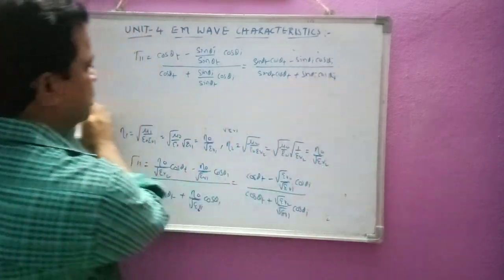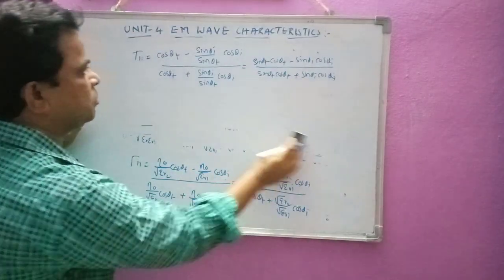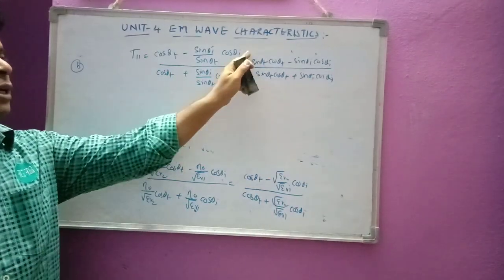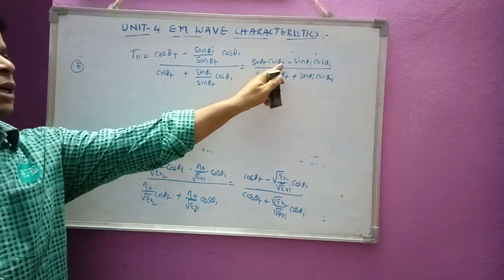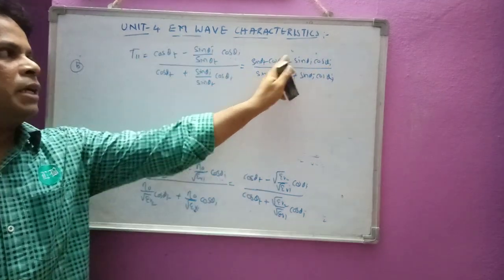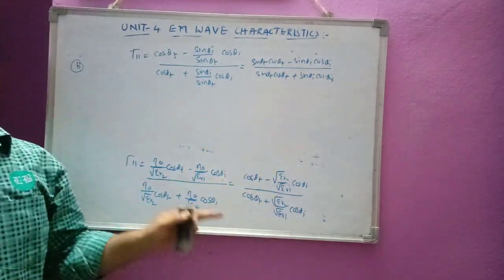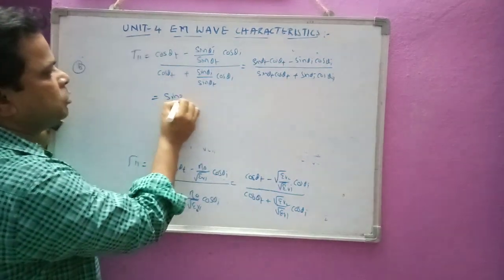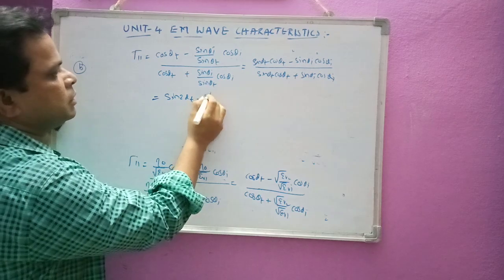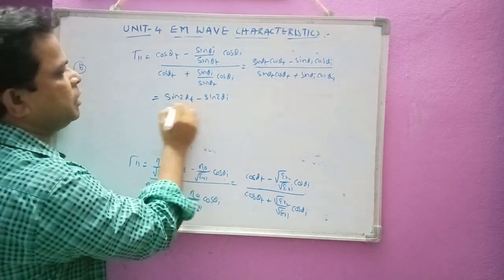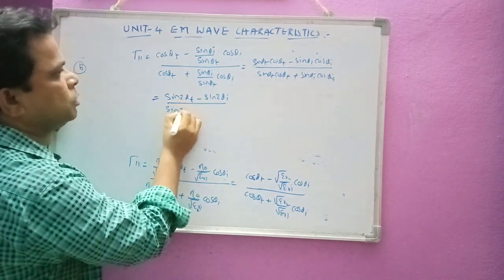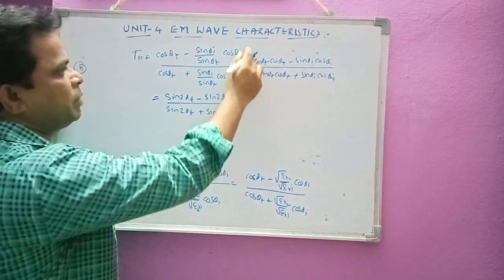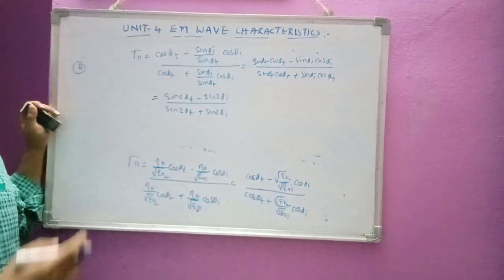Okay. Now this value I will take 2 by 2 here. I get sin 2θ = 2 sin θ cos θ, so 2 sin θ cos θ will be equal to 2 sin θ. Sin 2θ I will write here as sin 2θt minus sin 2θi, divided by sin 2θt plus sin 2θi. If I divide and multiply this equation by 2, I can get this formula.